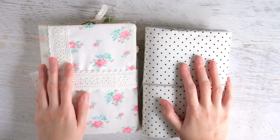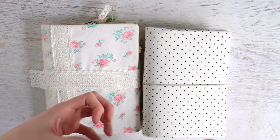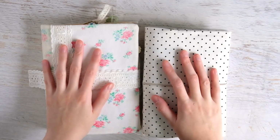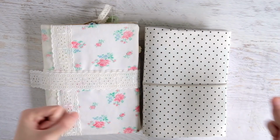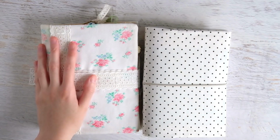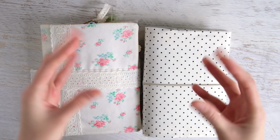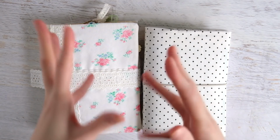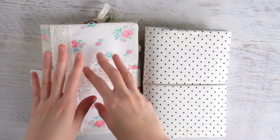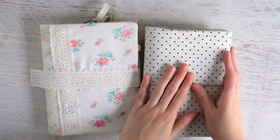And the reason for that is, I don't know if anyone else is like me, but I tend to get overwhelmed with too many journals and too many planners, like too many systems. I'm the type of person who wants to try everything. I want to see what works and what doesn't. And for journaling, I'm still trying to find that comfort spot with what type of journal I like journaling in, what style and stuff like that. So I'm still really experimenting with the journaling, but with my planning, I think